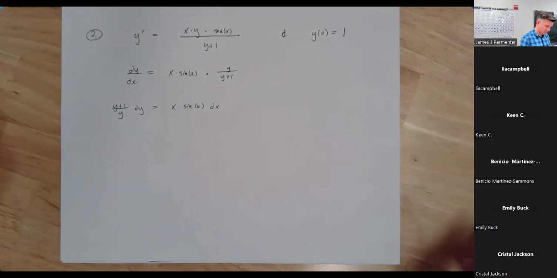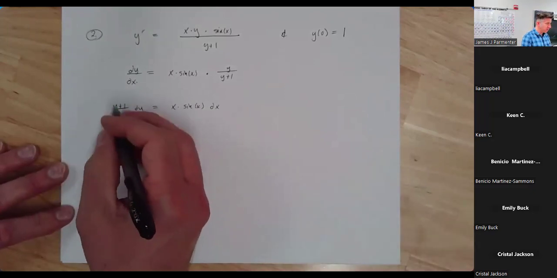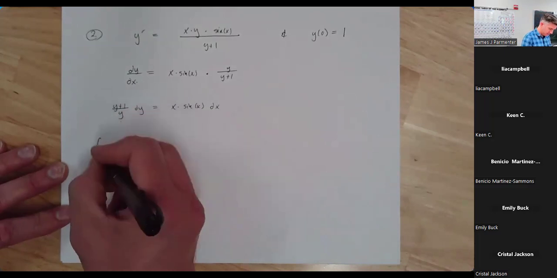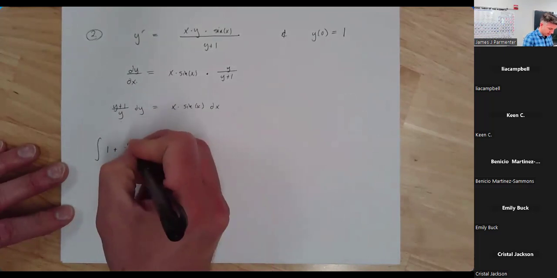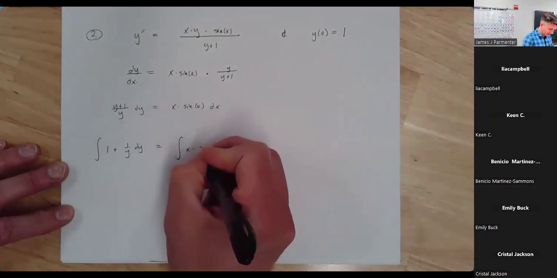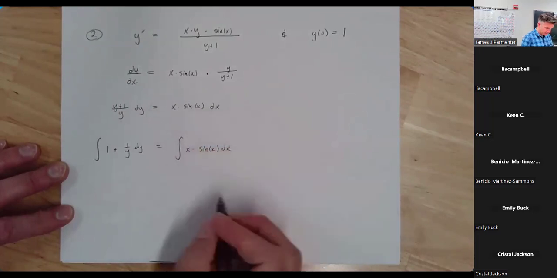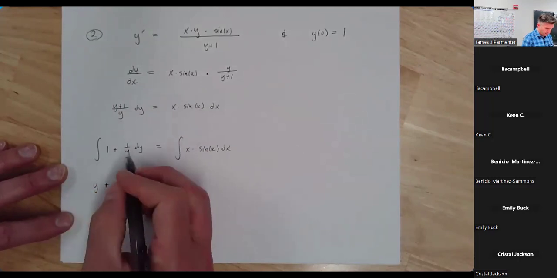Now we're going to solve the system. We're going to integrate both sides. I'm going to rewrite (y plus 1)/y as y/y plus 1/y to make it easier to integrate. And then I have the integral of x times sine of x dx. The left-hand side is not too terrible. We get y plus